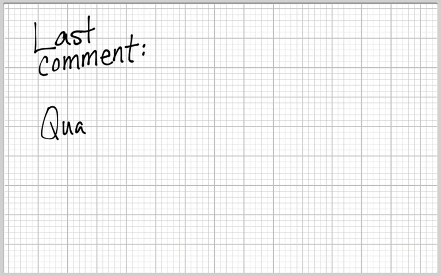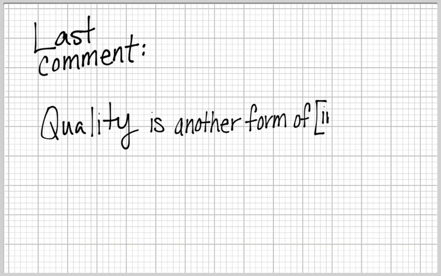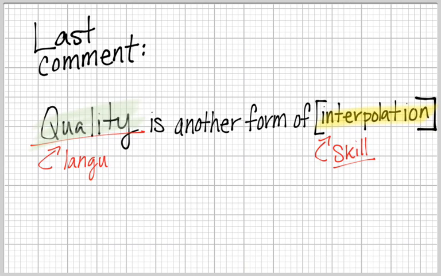So, last comments we're thinking about here is that quality is a very important, very useful term for a big chunk of what we're going to do in the second half of the semester. Quality is basically another form of interpolation, which is a skill. Quality as a term is a language. That is linguistic in thermodynamics. We want to know what quality means. We develop our skills with interpolation, with quality calculations from the tables. There's a lot of language going on in this first